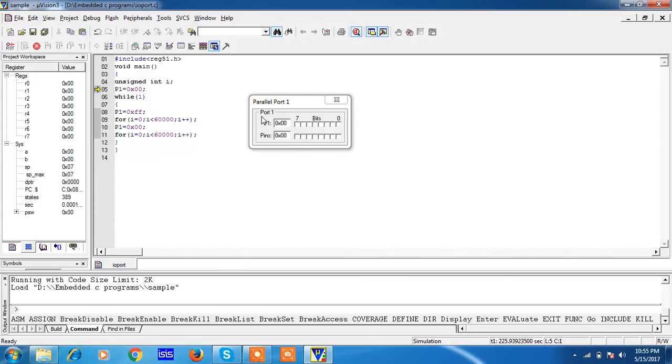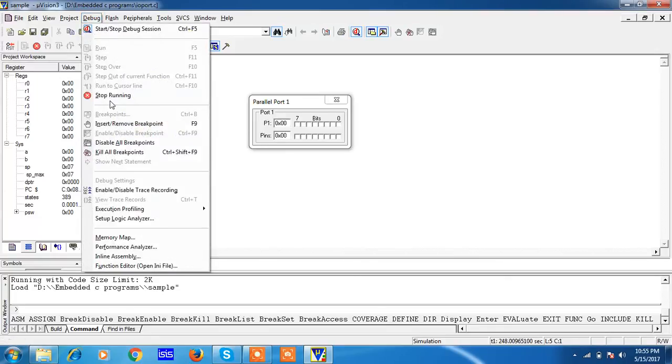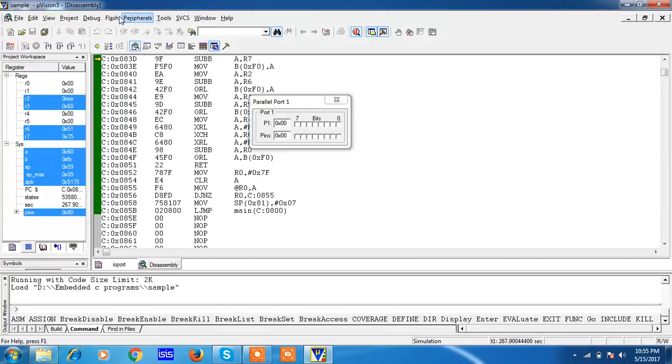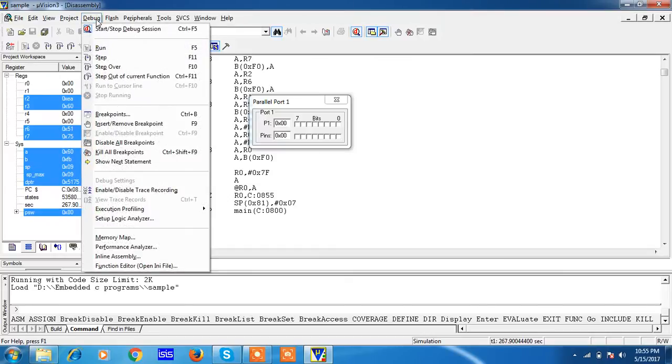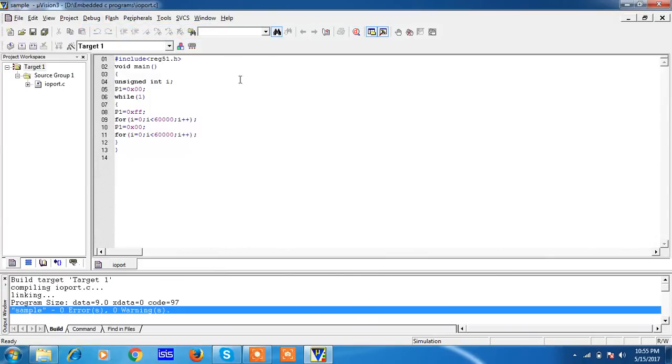If you want to stop this debugging, then go again to the debug tab and stop running. And if you want to stop this debug session, again go to the debug tab and use the same option for start or stop. Now you have written the program in the editor, compiled it, and checked the